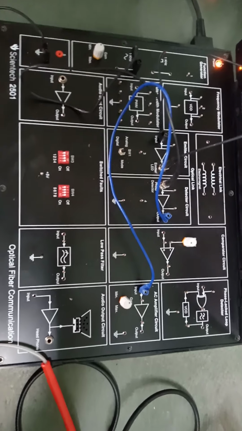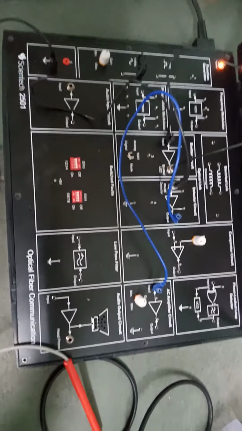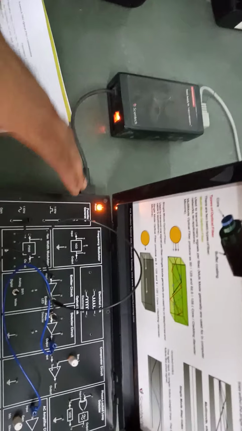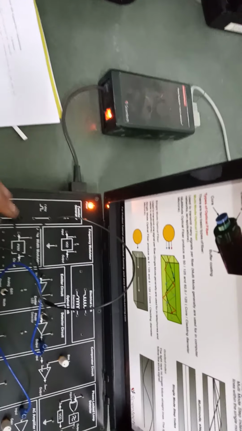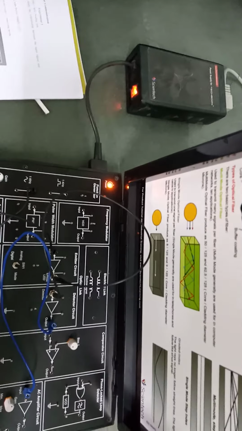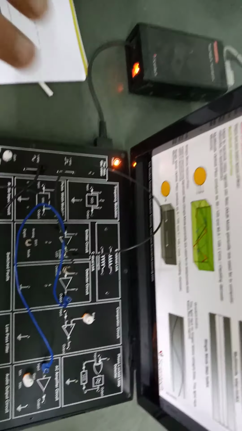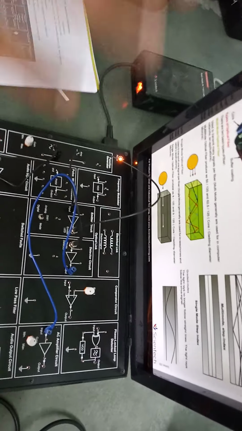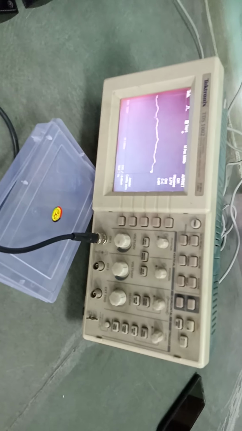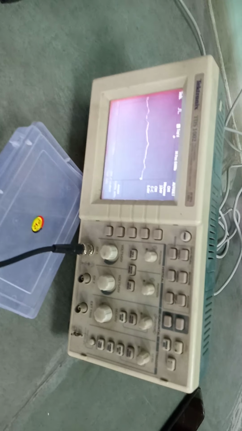So see, in this kit, we have taken one Tech book which is used to give power to this fiber optics analog link kit. First of all, I will connect those power supplies, and for you I have already done that. I have connected all those power supplies. Here we have a DSO that will show our waveform, so what inputs we are giving and what outputs we are expecting.